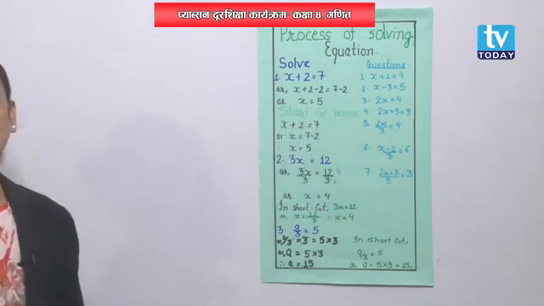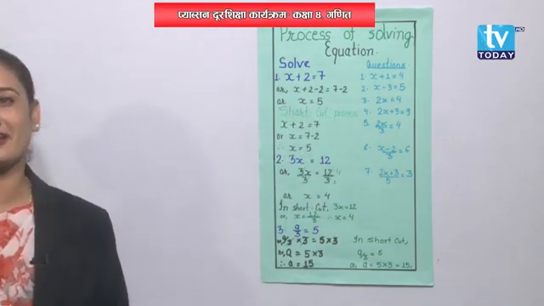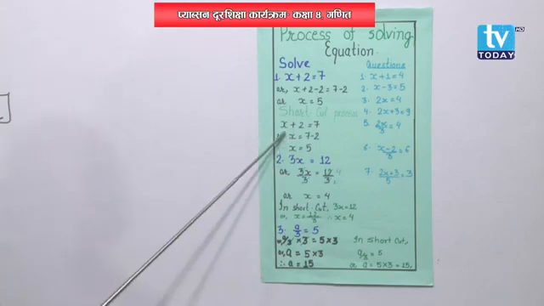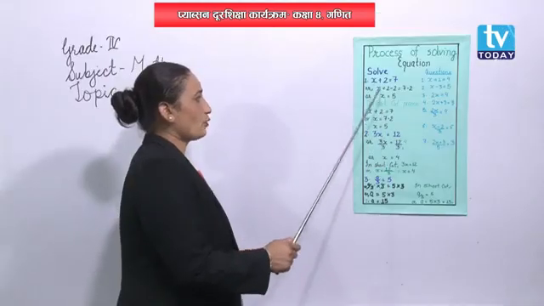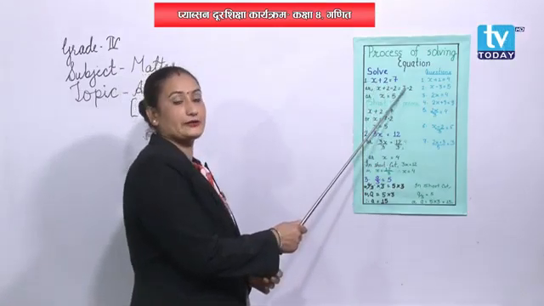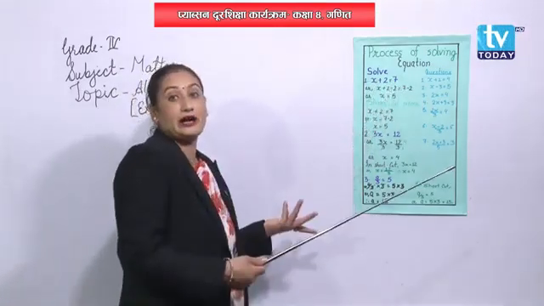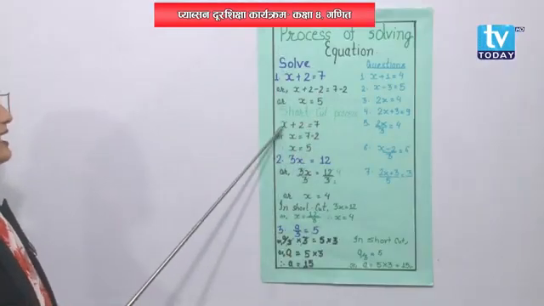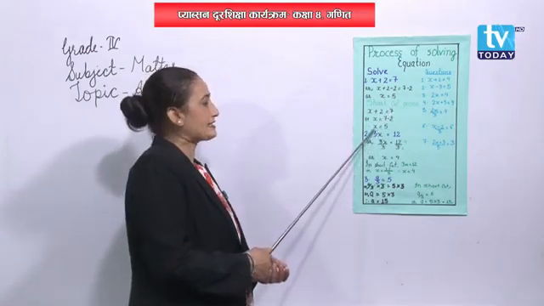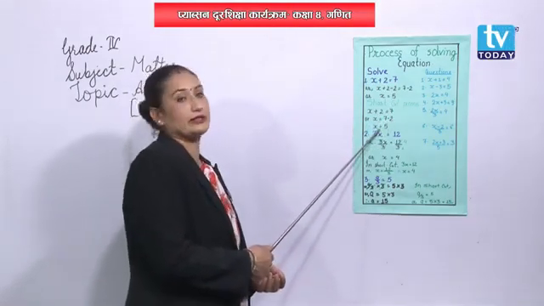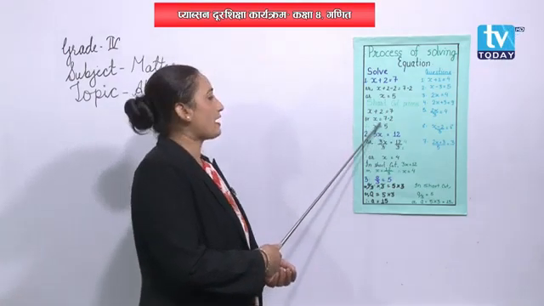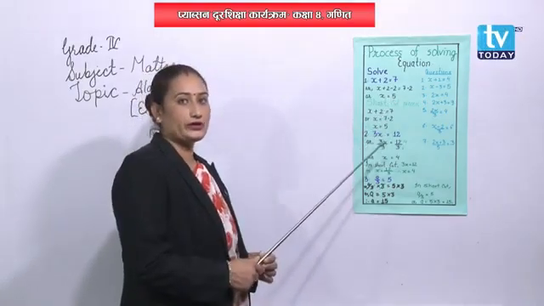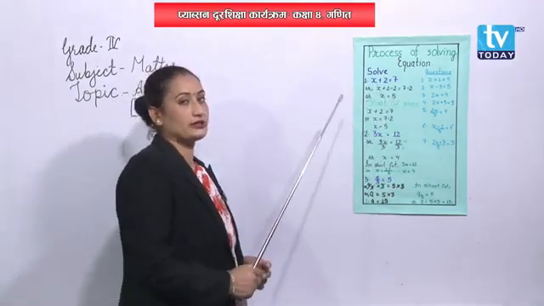So we have one bad habit, right? We need a shortcut every time. So I have one shortcut for you as well. See, have a look. Shortcut process. When x plus 2 is 7, we know that if we subtract 7 minus 2, then we will get 5. Why do the long process? Let's do the short way, right? X plus 2 equals 7. When x equals 7 minus 2, then obviously we will get x equals 5. This 5 and this 5, they are the same. So are you getting the same answer? Okay, you are getting the same answer, right students?